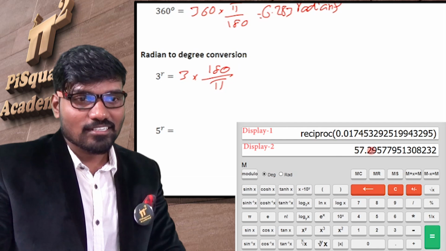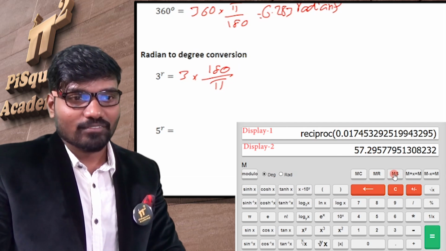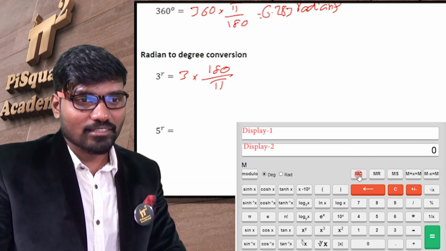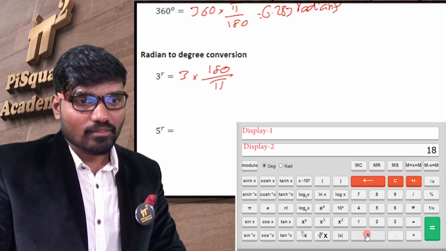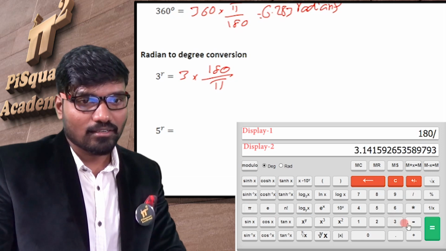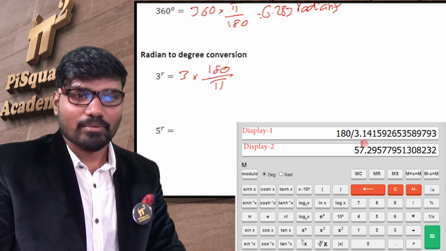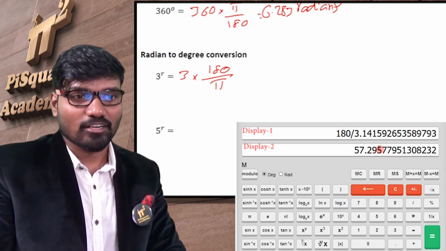So the answer is this. Now I'm storing the same in the memory. Okay, simple. Or else you can try this way also. Let's clear the memory. 180 by pi. Answer is this. I can store in the memory. Both are same. Previously also we had 57.295. Now also we have